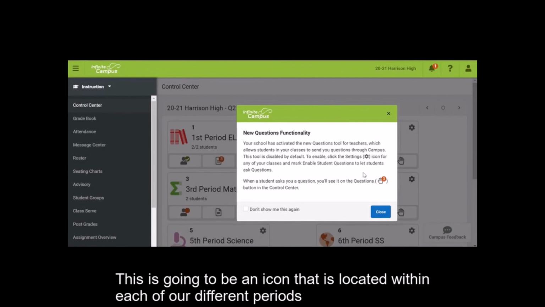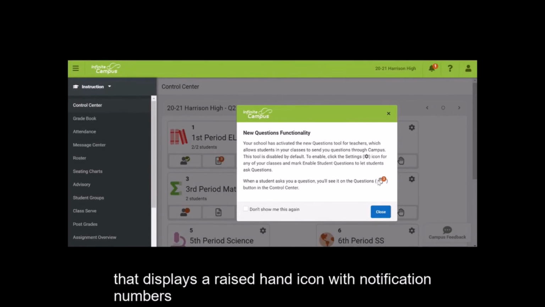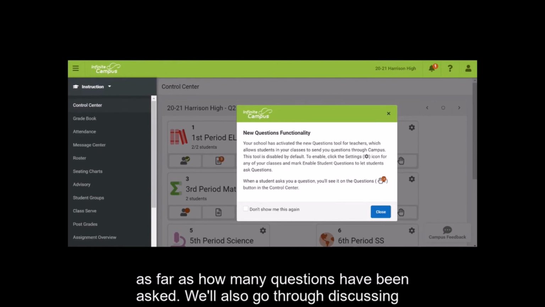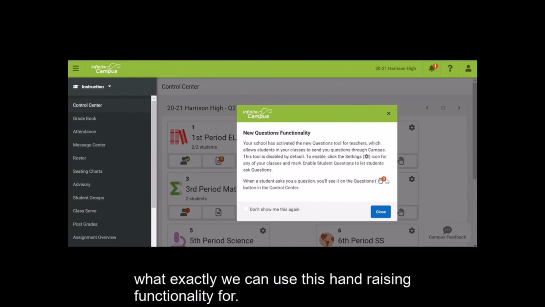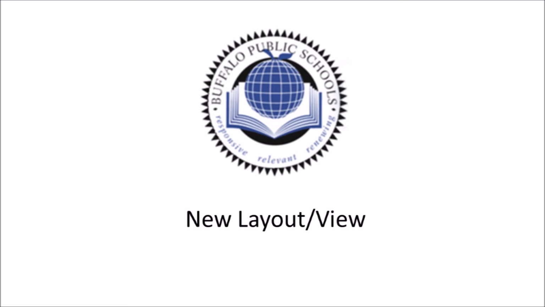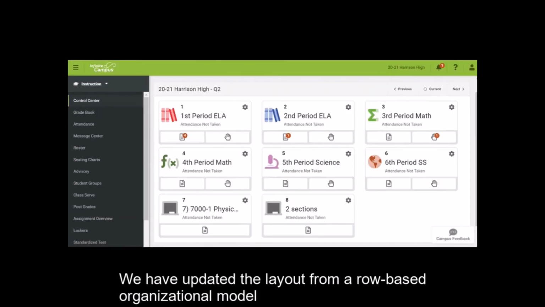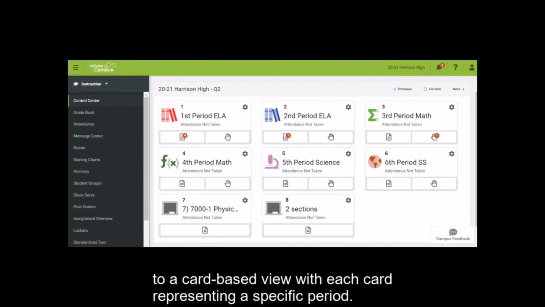This is going to be an icon that's located within each of our different periods that displays a raised hand icon with notification numbers as far as how many questions have been asked. We'll also go through discussing what exactly we can use this hand raising functionality for. We have updated the layout from a row-based organizational model to a card-based view with each card representing a specific